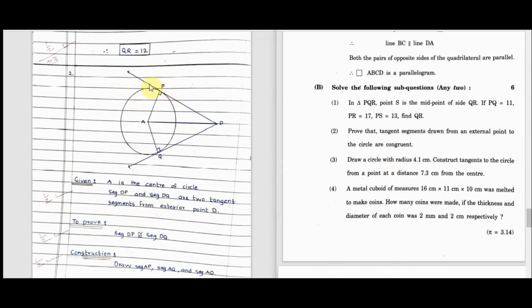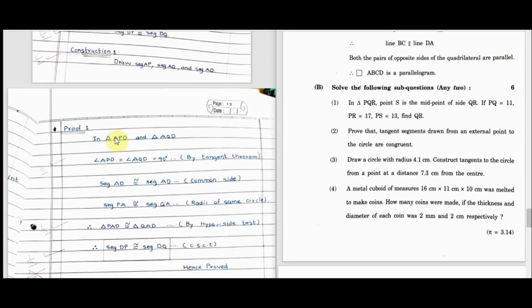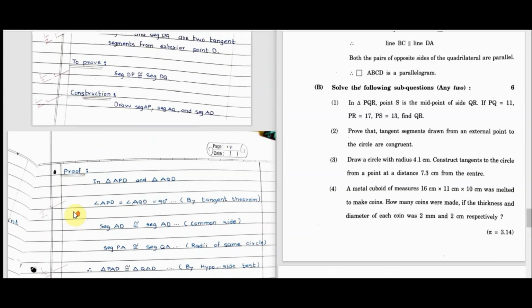Okay, so first draw the diagram, and along with the diagram, whatever labelings you have done, the same labelings you are going to use in your proof. Diagram given, you will get half mark. To prove, you will get half mark. To have the construction, half mark. And then proof, first proof here half mark, and like that, and then you will get 3 marks. So like this you will get the 3 marks.